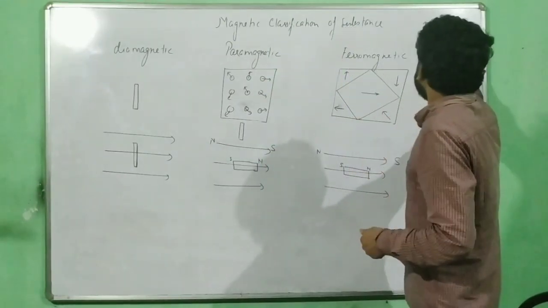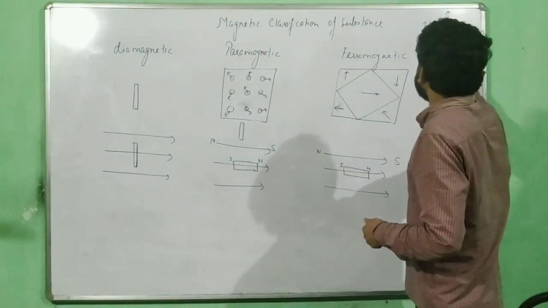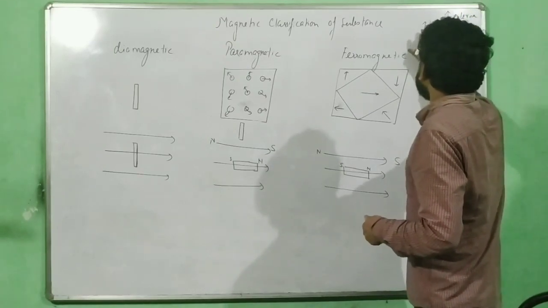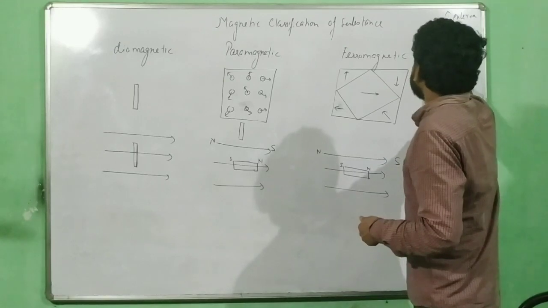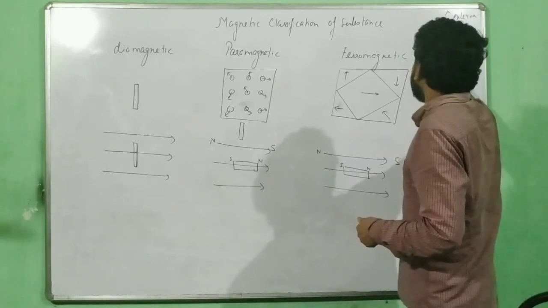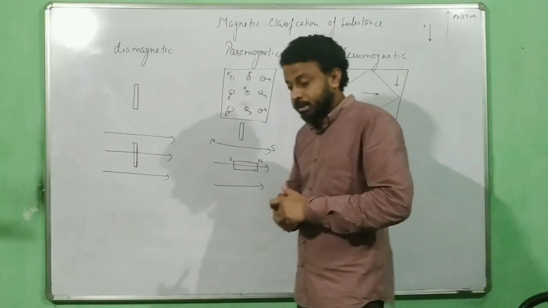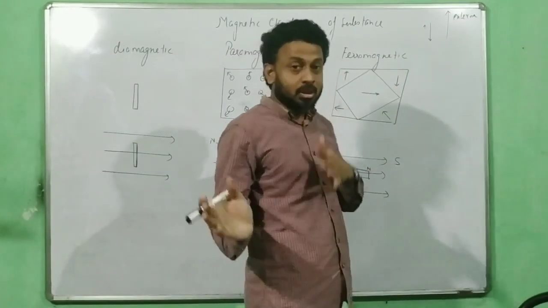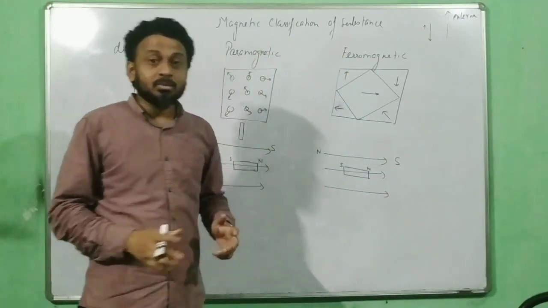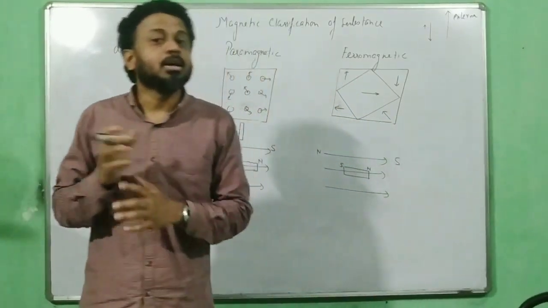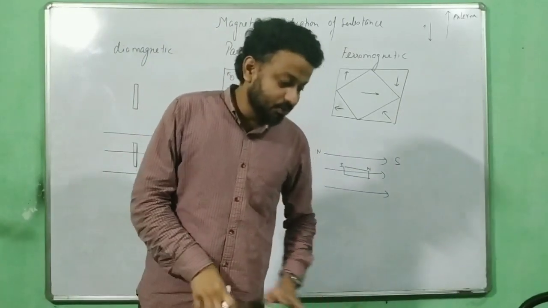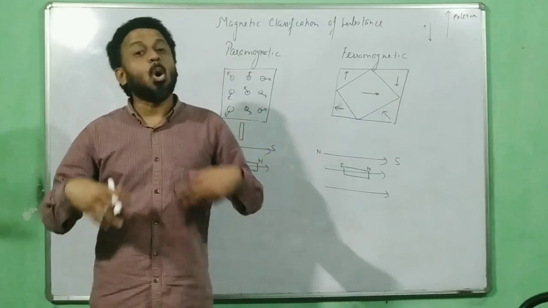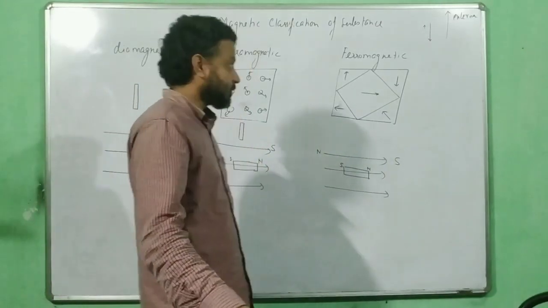So if I have a field in this direction, an external field from outside, the one which was creating a magnetic moment upward tries to slow down, and the one which was creating more magnetic moment opposite tries to gain. So the magnetic moment in the opposite direction increases and hence they are repelled. Now why does it do that? Because of Lenz's law. Okay, that's the reason I can give you right now, but don't worry, it is not in the syllabus. Lenz's law says that it tries to oppose the cause. Okay, that much is enough.